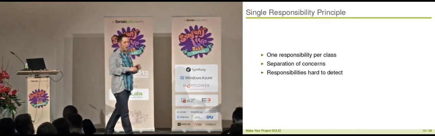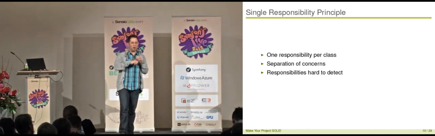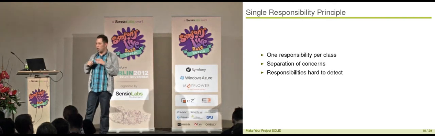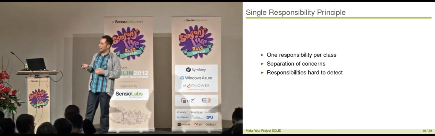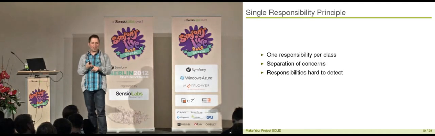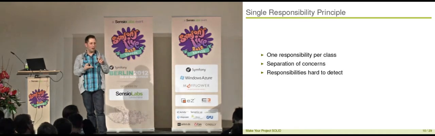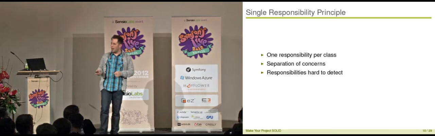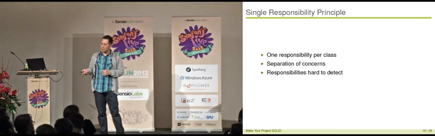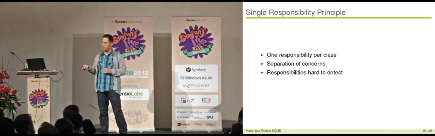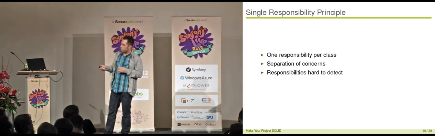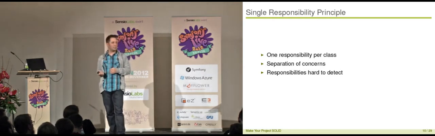Try to think about what the responsibility of something is, what it is intended to do, and then rip out all other pieces which are not common for that single class. Like in that case, retrieving data, parsing the data, and creating the weather class together is not a good thing. Putting that into different concerns, into different classes, is the way to go. After that, you can instantly solve most of the problems that could affect this piece of code by injecting new implementations of these interfaces we defined.